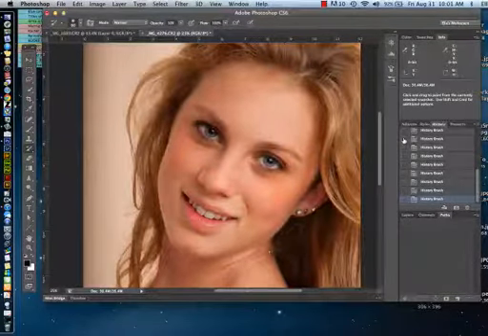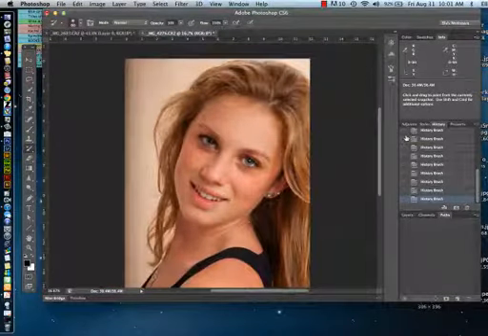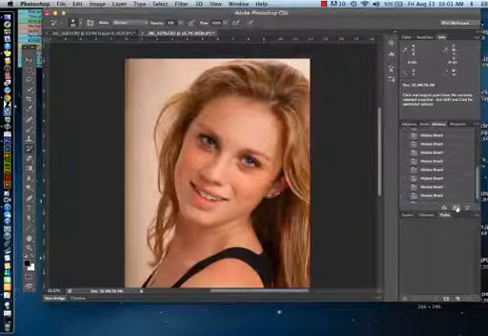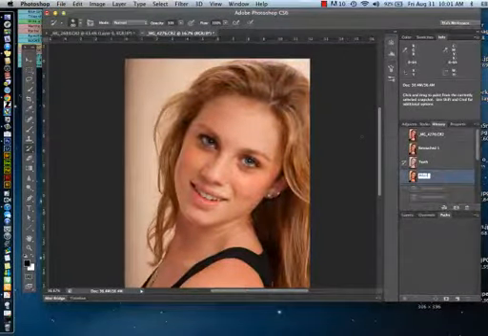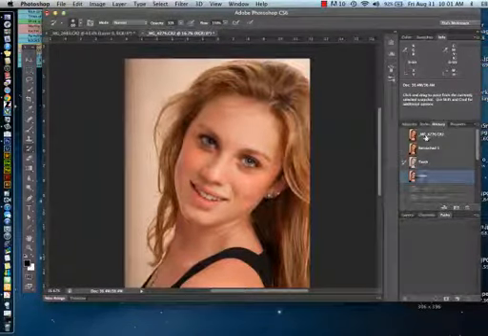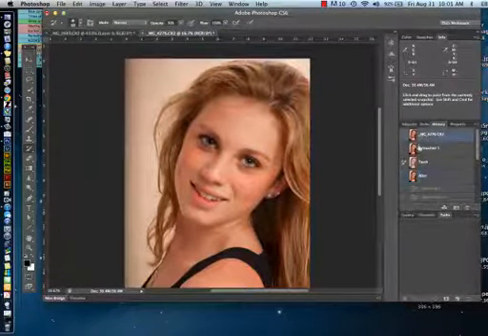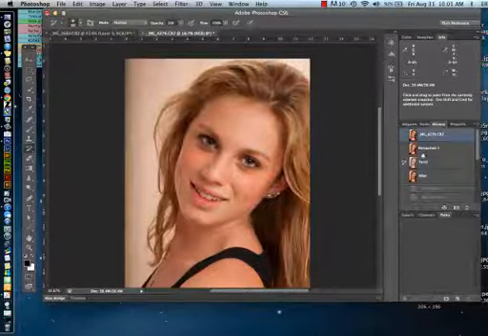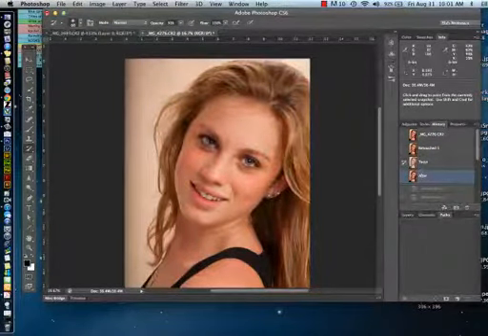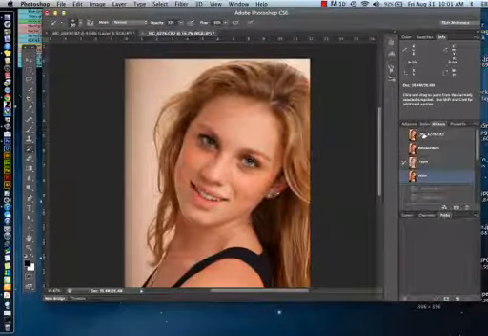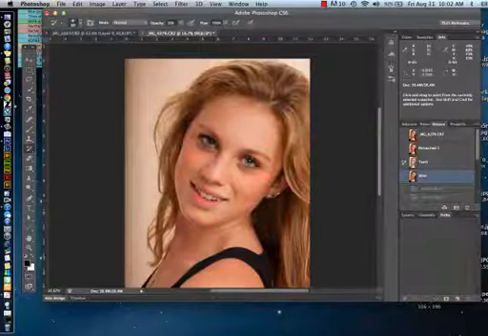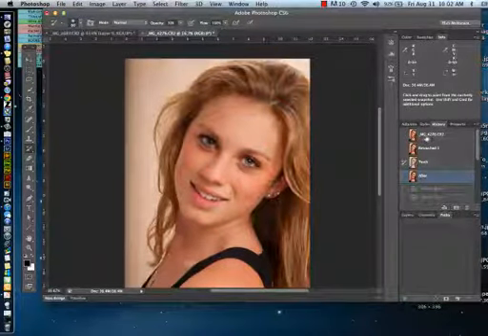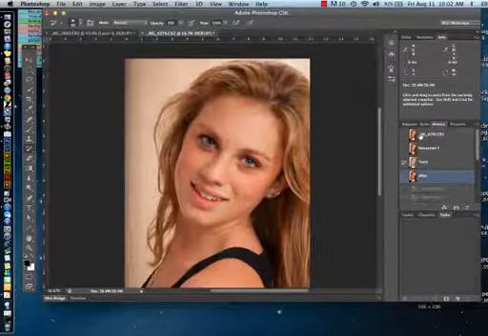Okay, so there is my girl. Let's do another after shot. Okay, so there's my before image right there before we did anything to it. There's my after image with the retouching, the eyes brighten, the teeth brighten. So again, before and after. You see the teeth are subtle. She doesn't need a huge amount, and you don't want to do a huge amount because even if the teeth